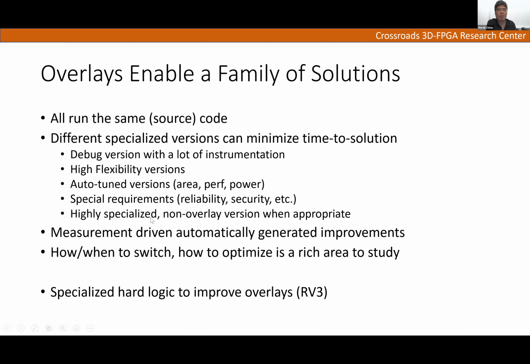And then we can do a highly specialized non-overlay version. We can go back to the original Gorilla++ kind of output, where we just eliminate all of the programmability and get to the final, very, very powerful solution. So I think for development, you can see that this is a really nice way for us to go. If we can generate a variety of different applications, all still running the same source code, if I can generate a variety of different overlays, then fundamentally I can have different kinds of overlays for different phases of my